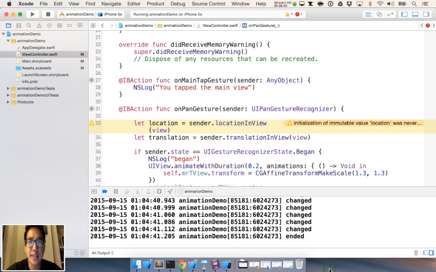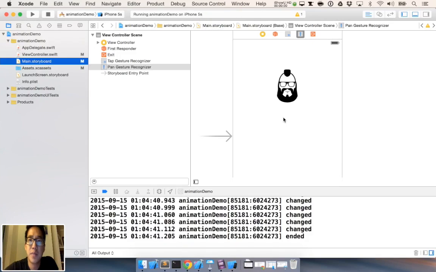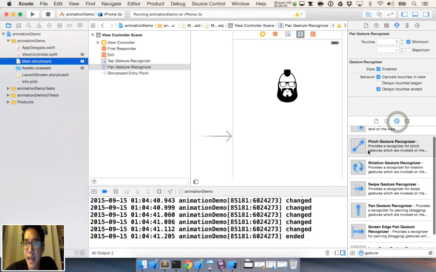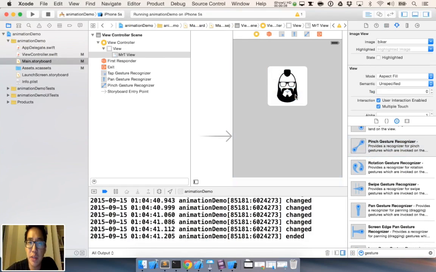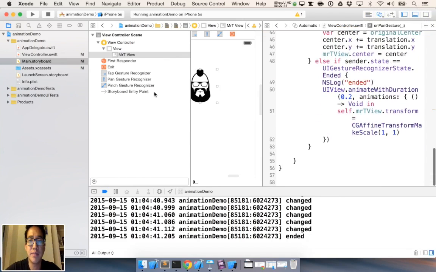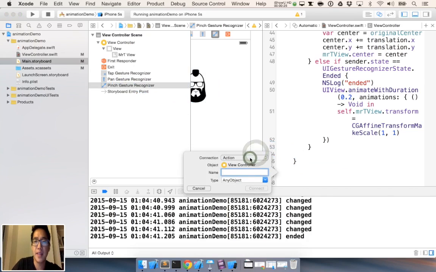So let's see what the next use case is. Let's say that I want to pinch Mr. T to make him grow bigger or smaller. So I'm going to go back to my pile of gesture recognizers here, and I'm going to drag a pinch gesture recognizer on Mr. T, and then wire up that action. So now if I control drag from the pinch gesture recognizer over here, and then say onPinchGesture,